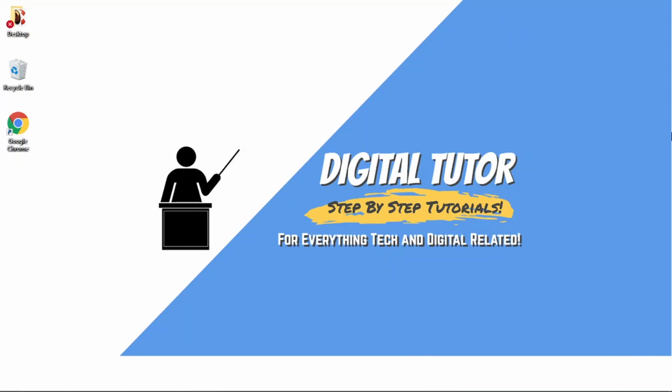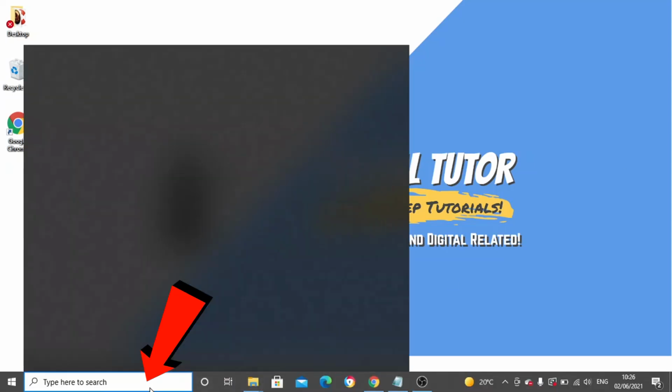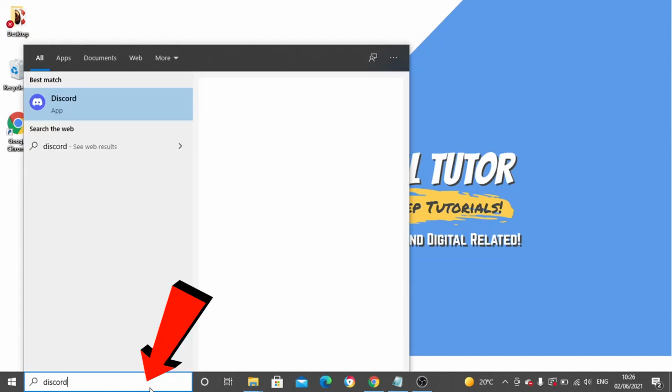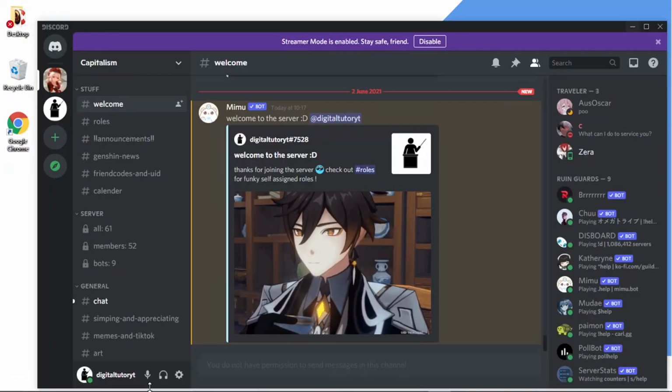So as I say, you can do this on either the web-based application or the downloadable app, but in today's example video, I'm going to be doing this on the downloaded app. So what I'm going to do is come down to the search box and open up Discord. So once this is loaded, what you need to do is locate the server that you want to kick a